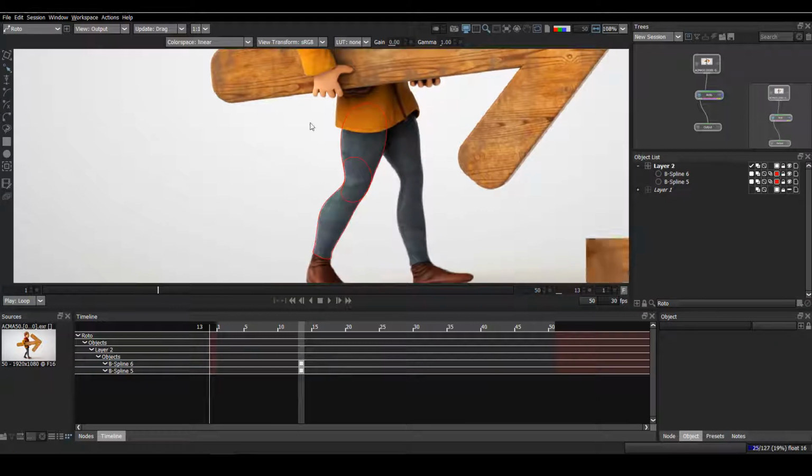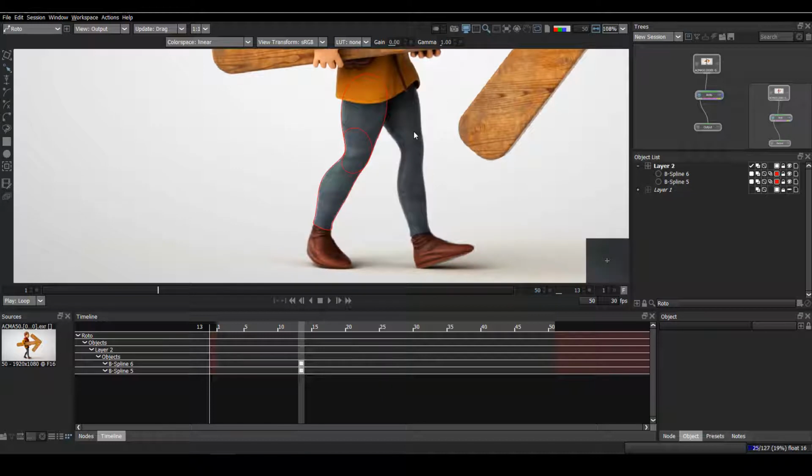I have made two shapes and I'm going to animate both at the same time. If you find it difficult to animate two shapes, you can make one shape and animate it first, then make another shape and animate it. Let's see how to animate it.